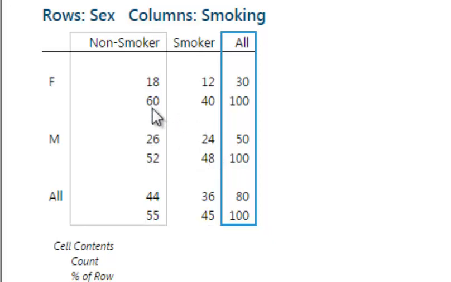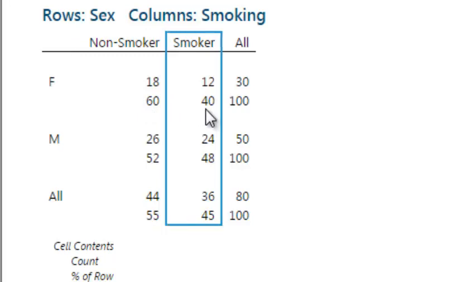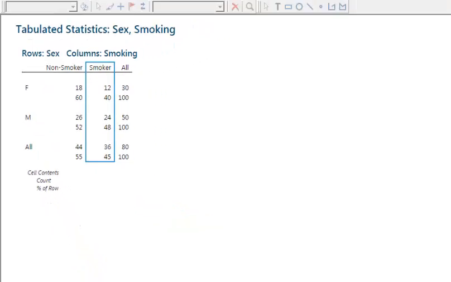And right behind the count you have row percentages, right? 60 means 60% of the total females in your data are non-smokers, whereas 40% are smokers. Similarly, this 48 means that 48% of the males in your data set are smokers.